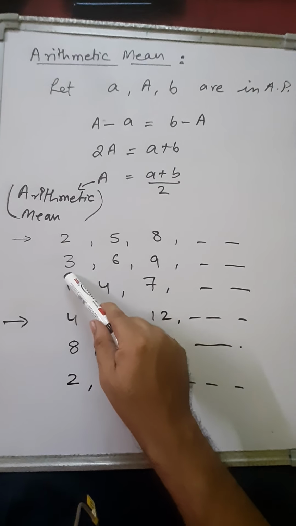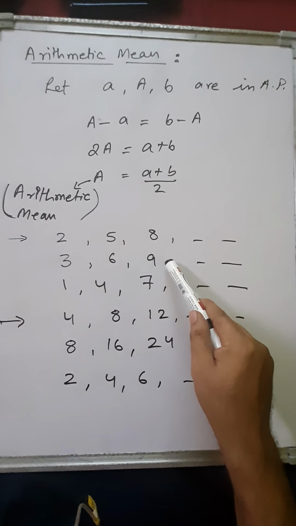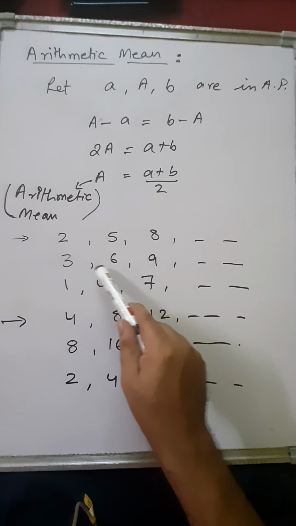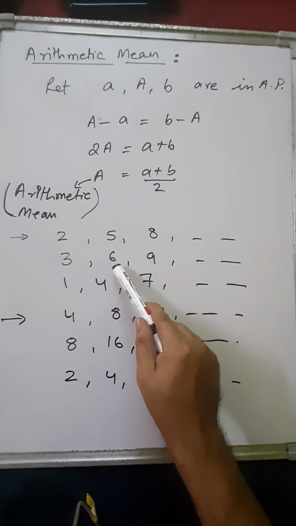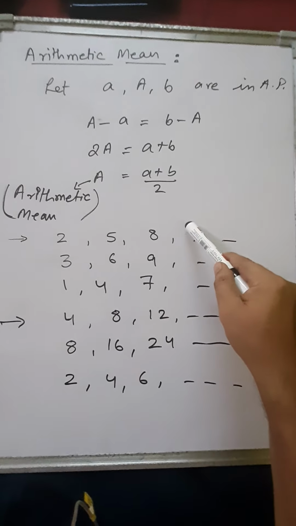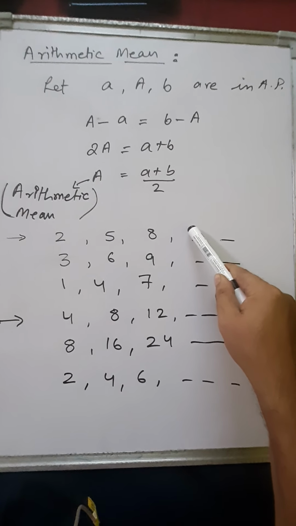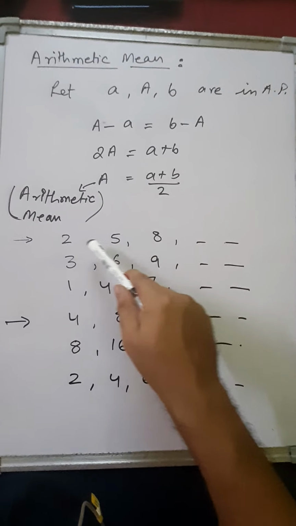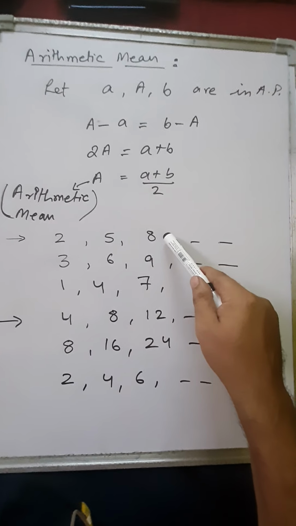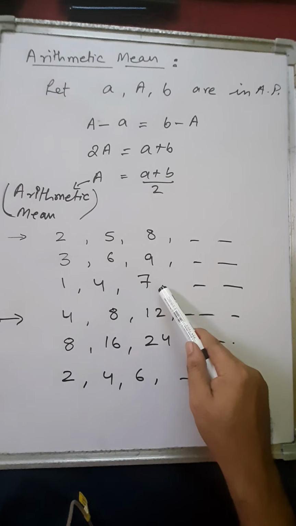Now you can say that when we are adding 1 to all the terms, the sequence obtained is also an arithmetic progression. See, 6 minus 3 is 3, 9 minus 6 is 3. They have the same common difference, that means it is an AP. Now in the same sequence 2, 5, 8, say we subtract 1, then what sequence will we get? If we subtract 1 from 2, you will get 1. From 5, you will get 4. From 8, you will get 7. Now the progression that we have obtained is 1, 4, 7.